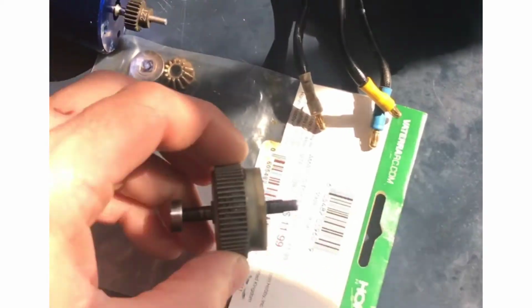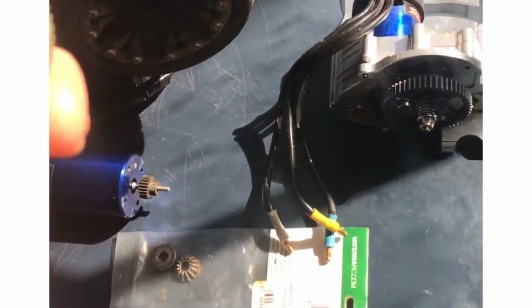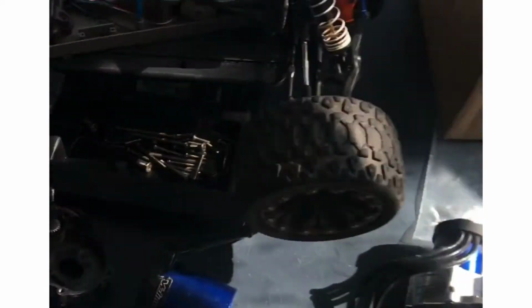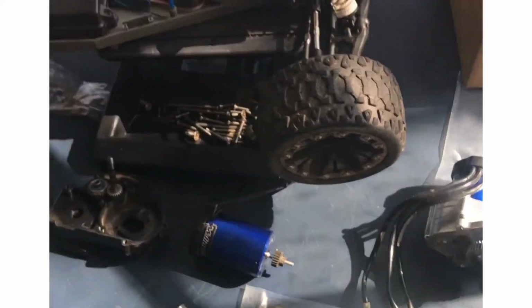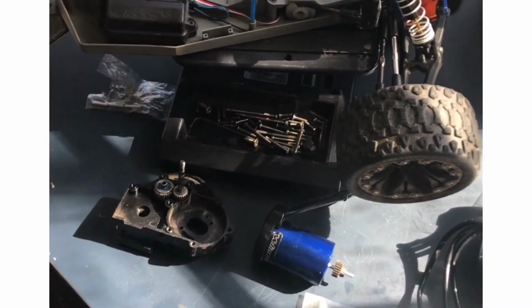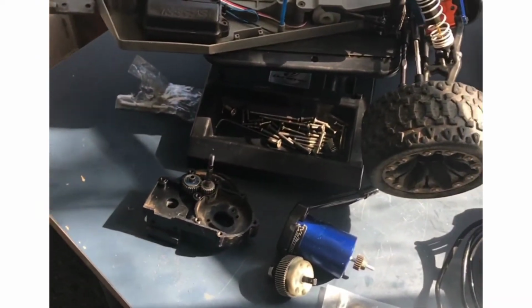diff. But yeah, this does not come apart unless they sell this as a closed diff. The only thing was, it does work posi, but once you start spinning it, all of a sudden it takes a little break and doesn't work. So you could spin the posi around, or just spin the spur around, and all of a sudden it will take a little break, and then it stops working, and then it will start working again. So there was something funky going on in there, and I don't usually run Traxxas, but